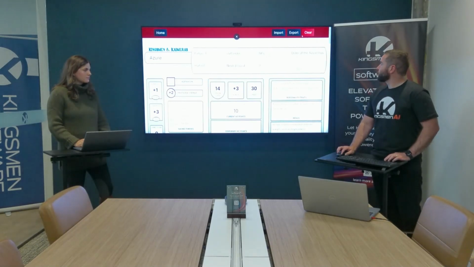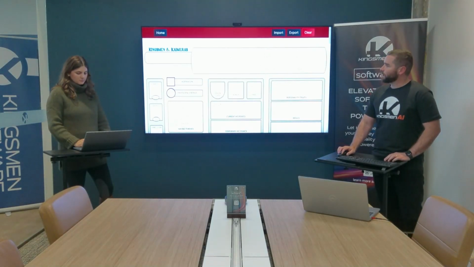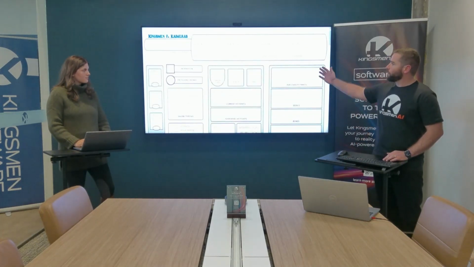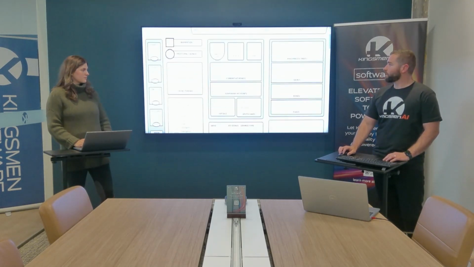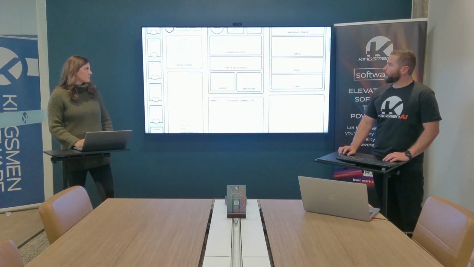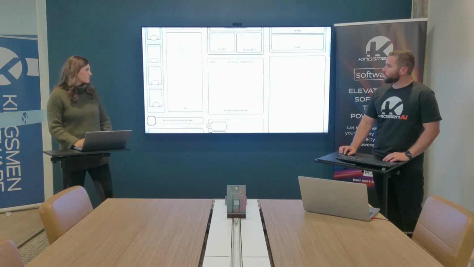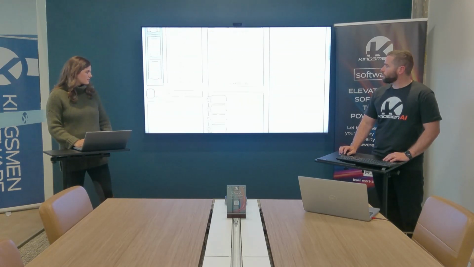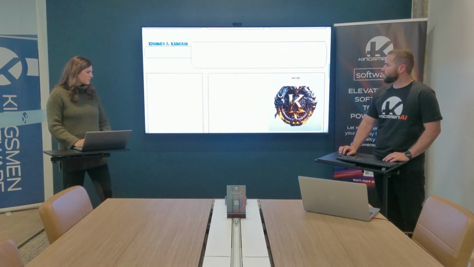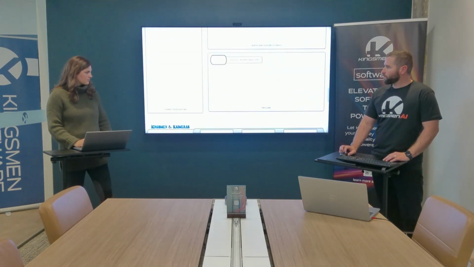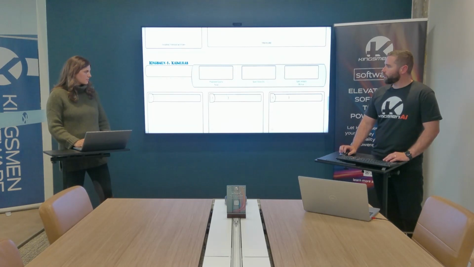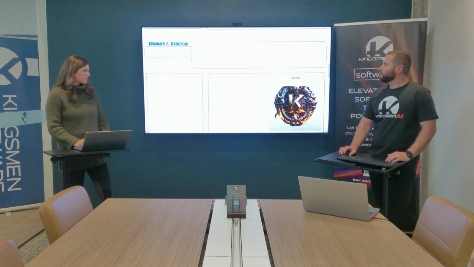So what I want to start with is we're going to start with a blank character sheet. And so this is that zoomed in version that we were talking about, where we have all of these various fields that we're going to start out with that are empty. As you can see, there's even details all the way down to skills and saving throws, and we get into things such as our appearance, our backstory. So I just wanted to give a quick overview of what we're starting with here.